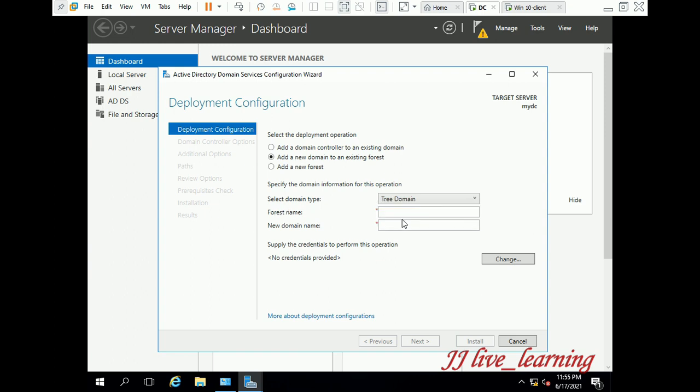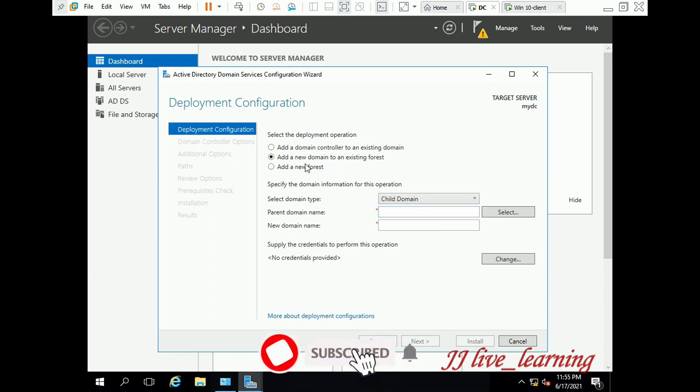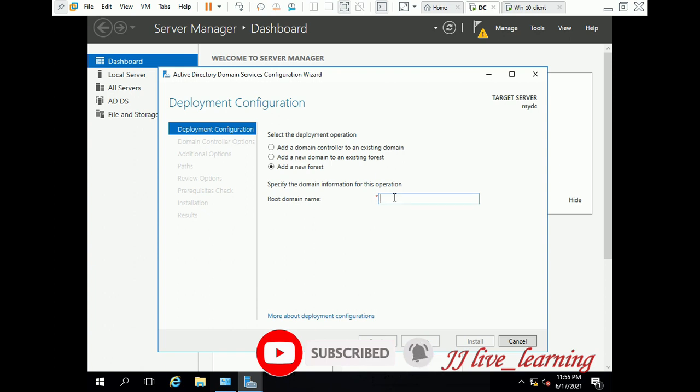When you use these 2 options, you need an existing domain. Already we need a parent domain. Without a parent domain, we should not use those 2 options. So now we are creating a new domain, apple.com. So the domain name is set now.